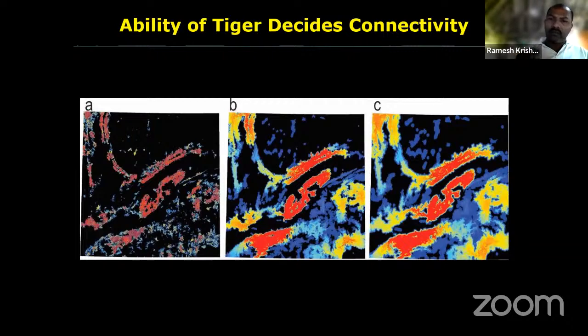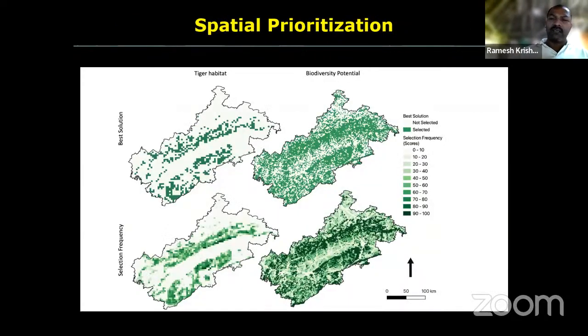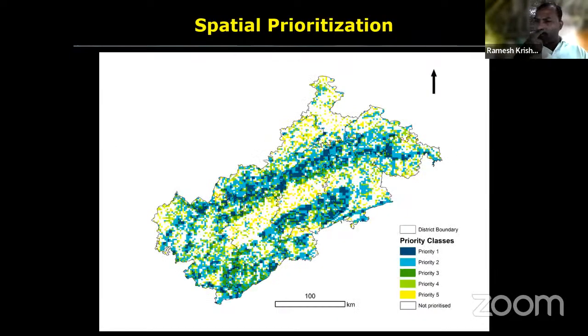To take this message forward, once you have them, then get into a strategy called spatial prioritization. Based on your connectivity, based on your forest patch, you actually identify which area is more important, which we talked about yesterday. What is important here is identifying different levels of priorities also. What is my priority 1? What is my priority 2? What is my priority 3? What is my priority 4? What is my priority 5? These come based on different conservation values.